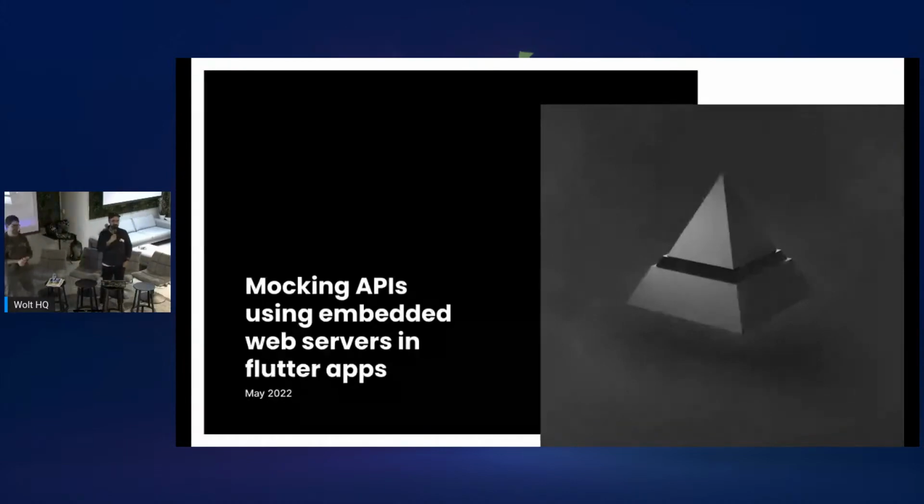Hello, I'm Eralp. I come from a company called Quick, and we do consultancy. Sometimes we make React Native apps, Flutter apps, native apps, all kinds of things. But this is about